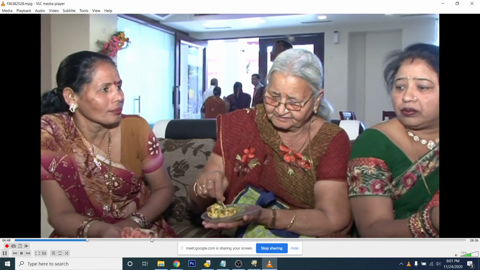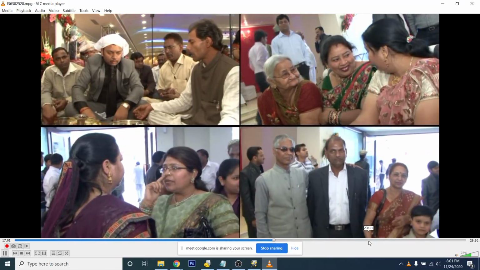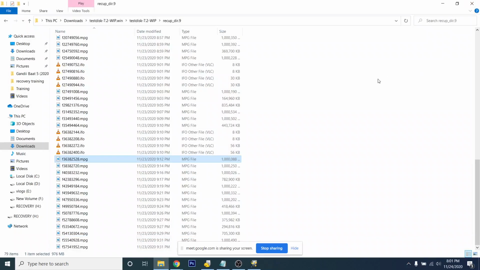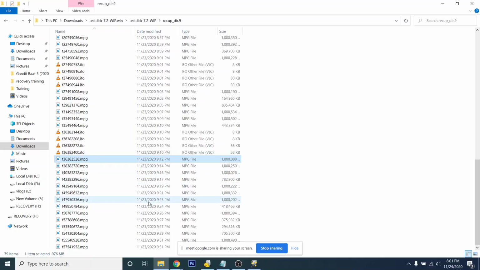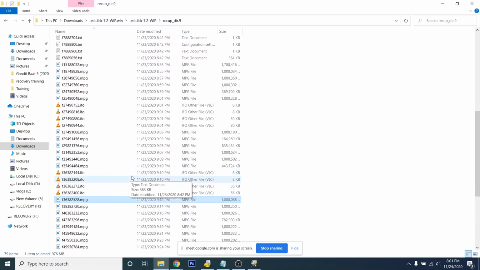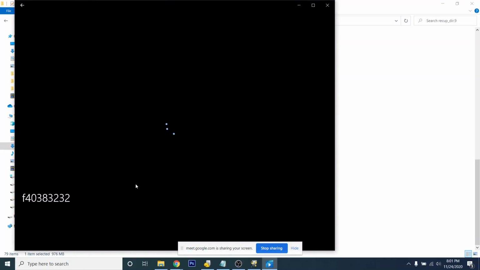Yeah, so now you can see here is some type of marriage type of thing. It's an Indian wedding, and that's why I love TestDisk so much. It has recovered all my old memories. And yeah, I was searching for them. I don't know in which USB stick it was, but thanks to this session, I have recovered all of them, and all of them will be working fine.